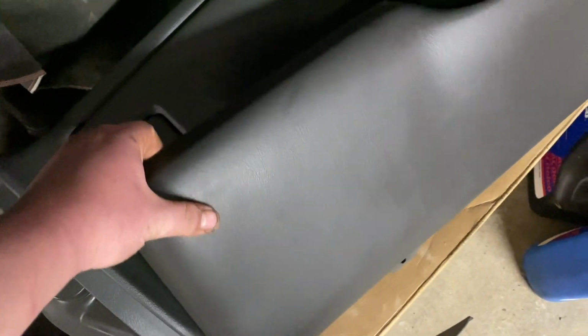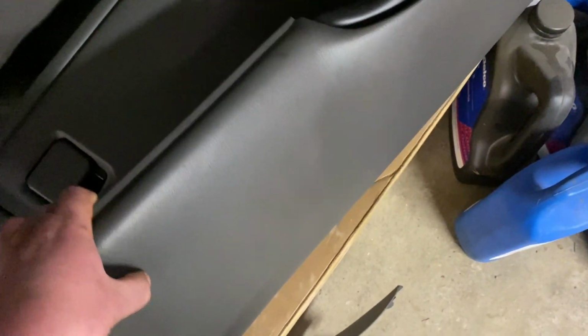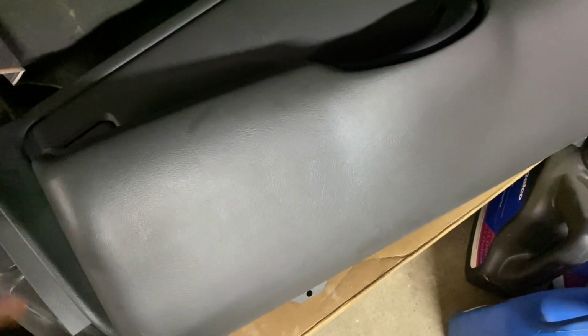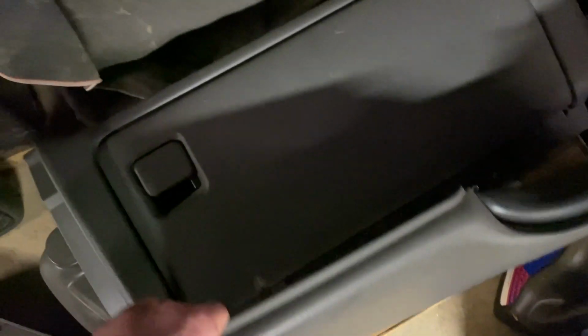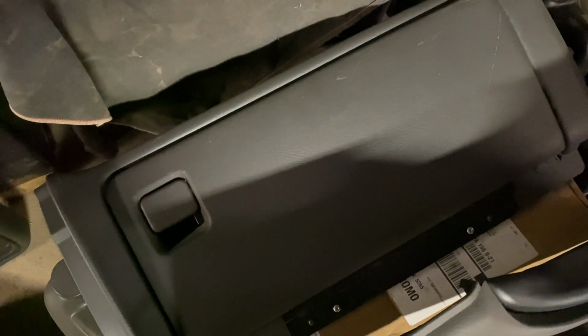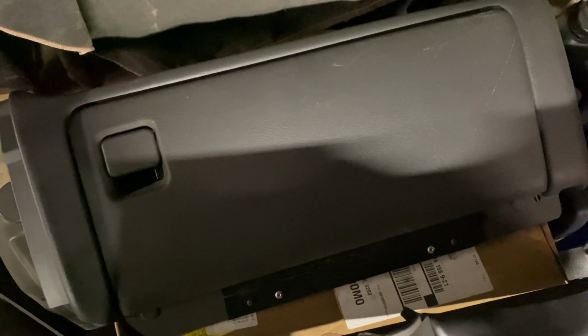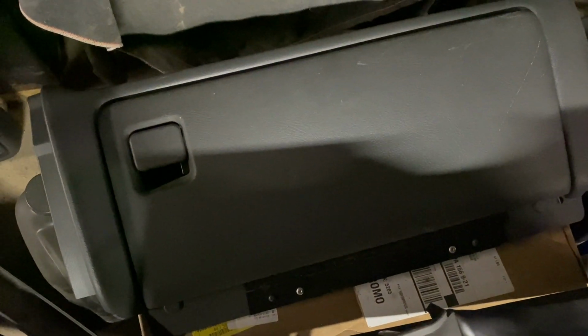These parts also came out of that same Silverado 2 for the center console. This kick piece, or like this lower dashboard bezel. My original one had holes in it, so this one was pretty much pristine. Just took and cleaned it up, looks brand new. I grabbed the glove box out of that truck too, but I switched the glove box lids. That way I keep the same build sheet and VIN for my truck. And the one that came off that Silverado,